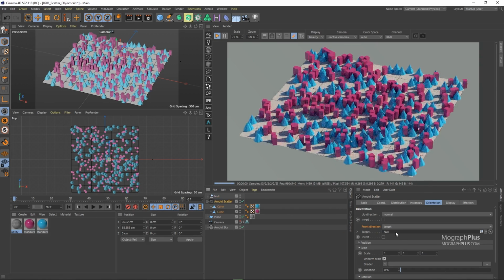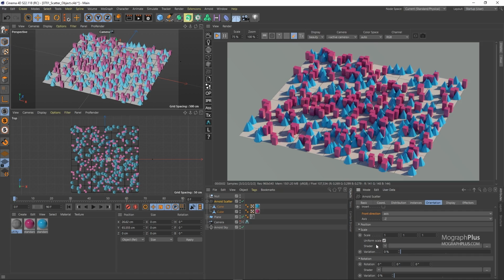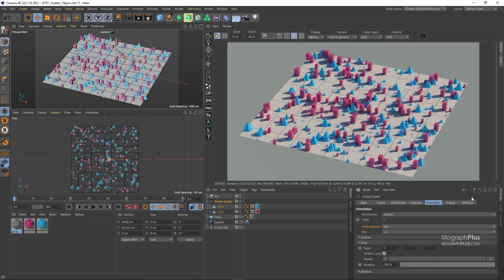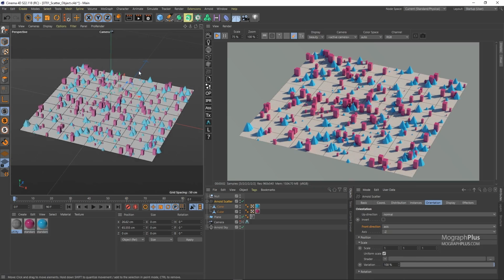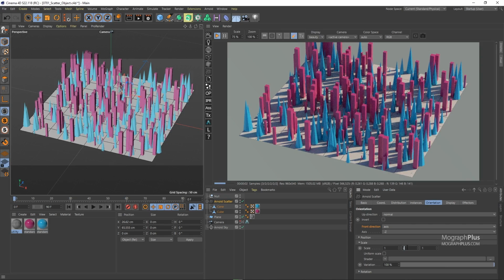And finally, using the position, scale, and rotations, you can add variation to the clones. For example, let's come down to the scale section. I can start increasing the variation to add some randomness to the scale of the clones. I can disable uniform scale, set the Y scale maybe to 4 or just maybe 2 to get a different